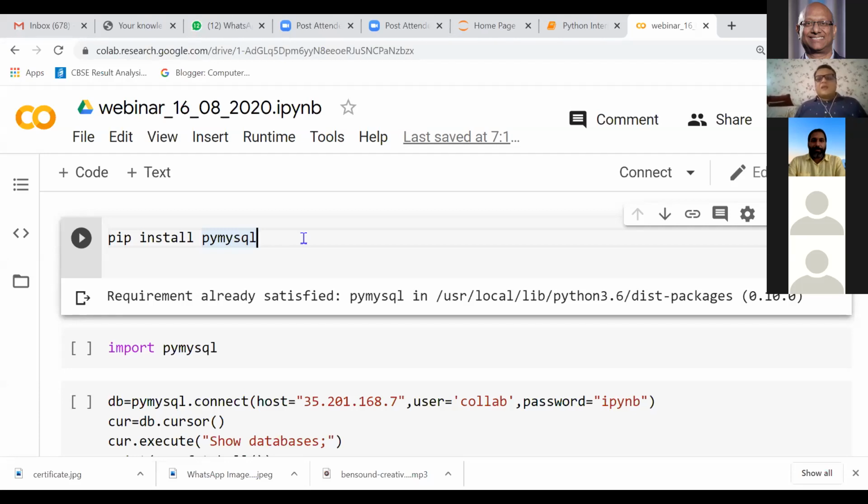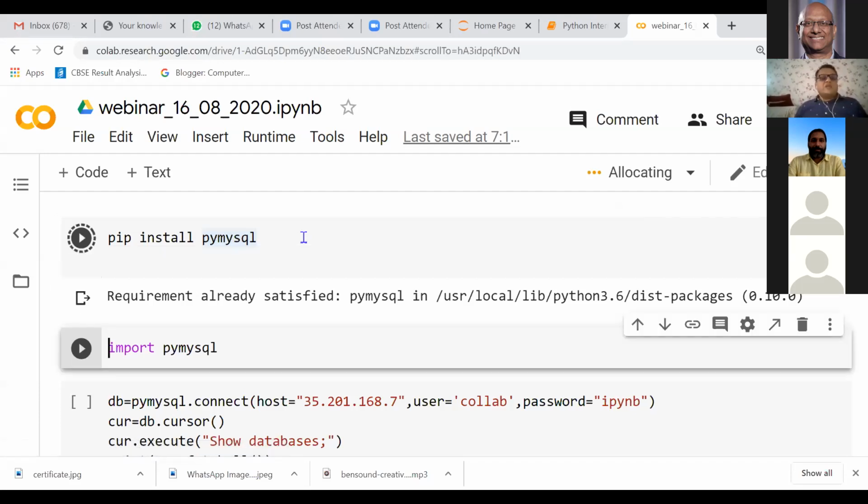I am explaining how you can connect, because when you are on the internet you don't have a local server. So you need a server through which you can connect. First, whenever you are using PyMySQL, you need to run pip install PyMySQL. Every time you use a new notebook in Google Colab, you can pip install it.